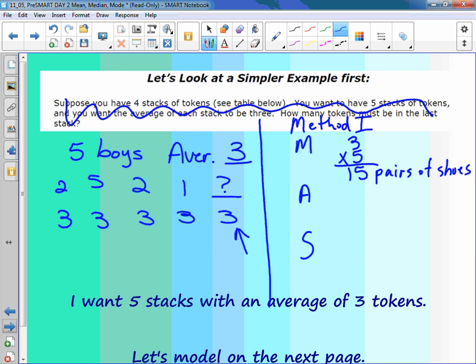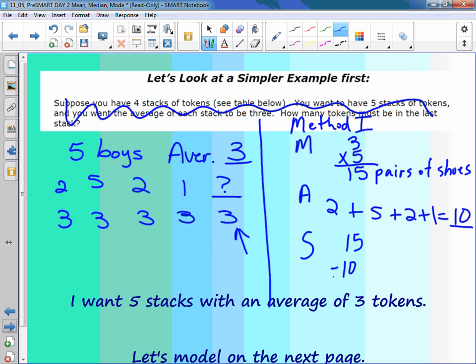So, how many pairs of shoes do you have? Well, you have 2 plus 5 plus 2 plus 1 so far. That's all the pairs of shoes you have. How many pairs of shoes is that? 10 pairs of shoes. So if you need 15 pairs of shoes, and you only have accounted for 10 pairs